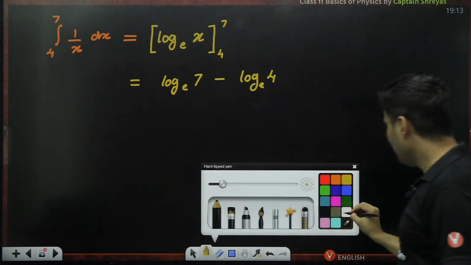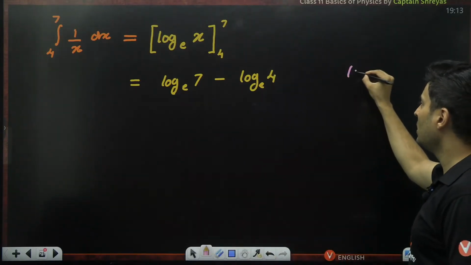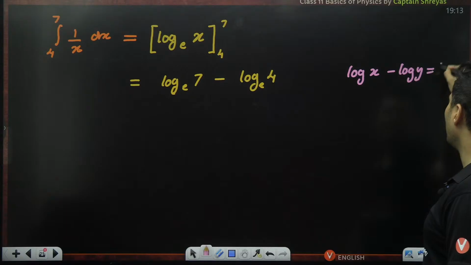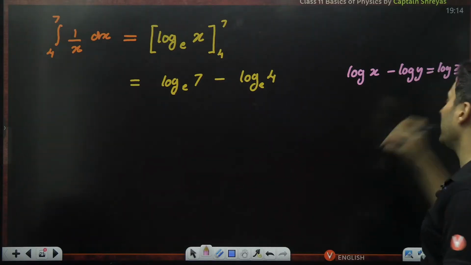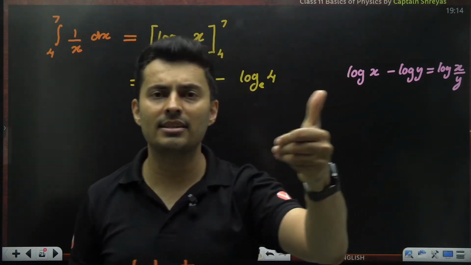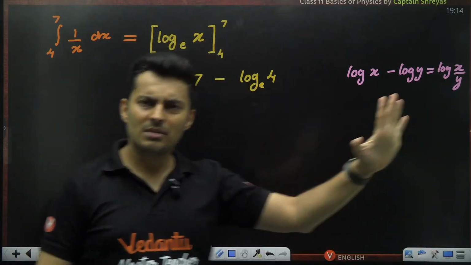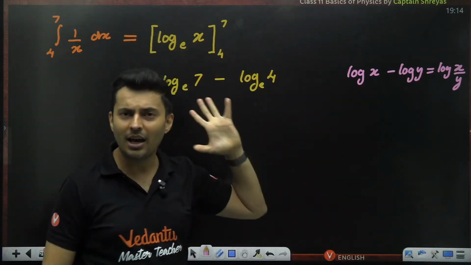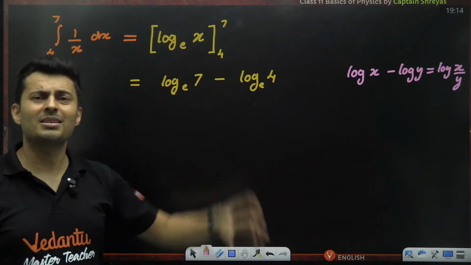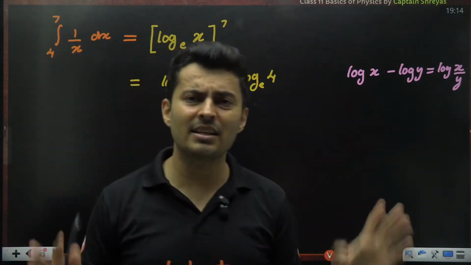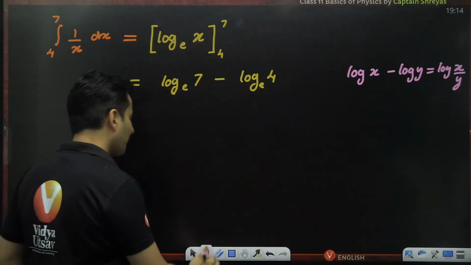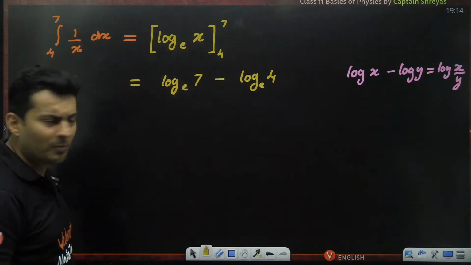But sir, I have learned something in logarithm. What is it? Log of x minus log of y is nothing but log of x divided by y. If you have not yet learned, just assume whatever I am saying is true. You will anyways learn this in mathematics. For now, just assume it is a formula. Forget where it comes from, how it comes. Sir, I don't even know what log is. Forget it. It is just a function like sin x, e raised to x, tan x. What does that function do? I don't care now. Just play along with me.